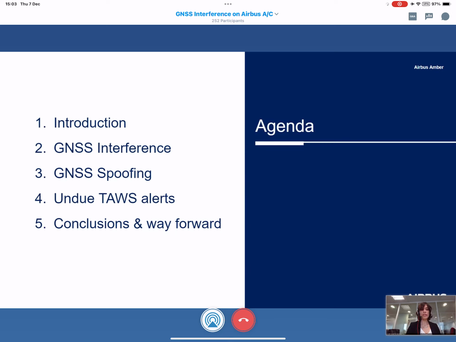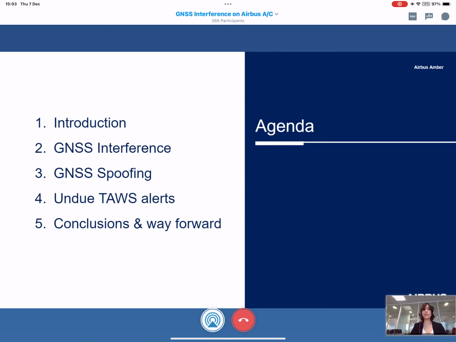We will first go through an introduction about the aircraft applicability for this webinar. Then we will introduce the GNSS interference concept, jamming and spoofing. We will go through current context and related recent official international publications. After this, we will go deeper into details on the GNSS interference with an explanation of the possible cockpit effects. We will go through the known system misbehaviors and operational considerations.